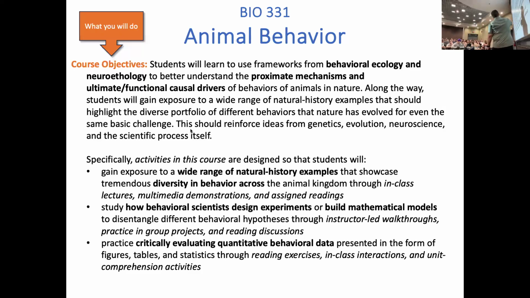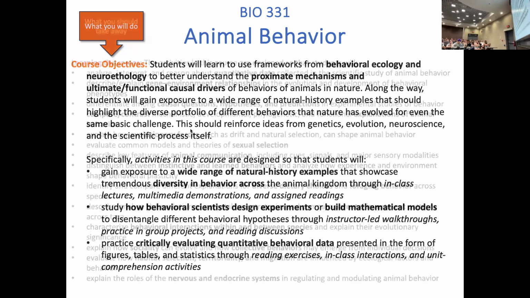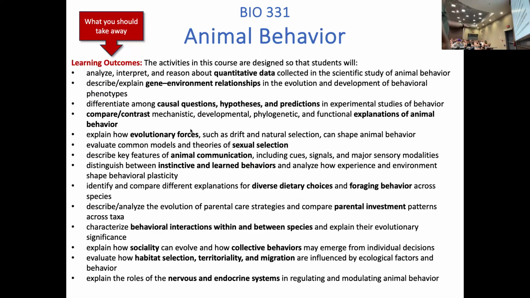So, a wide range of natural history examples, and we'll show how we design experiments to disentangle hypotheses, and then tools for critically evaluating the data that come out of those. So what will you get out of that? Again, I'm not going to read through all this, but these are the learning outcomes here. So we're talking about everything from solitary down to social. But the big thing, and you can read all these on Canvas, but the big thing that I want to